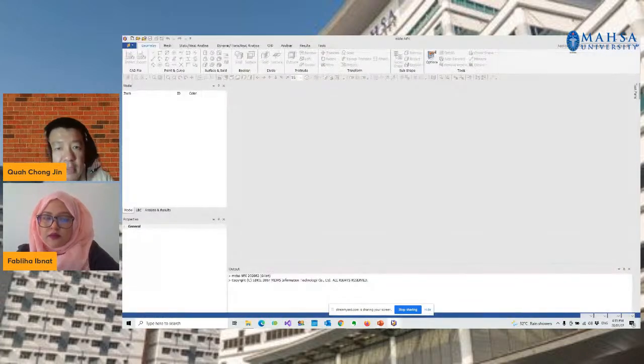So basically, this is the software that I'm trying to demonstrate, which is named Midas NFX. It has been developed in Korea, and has the capability of CFD, computational fluid dynamics, as well as finite element analysis.